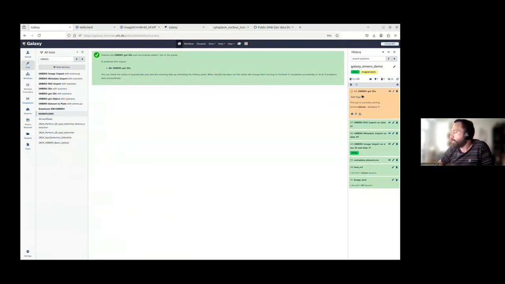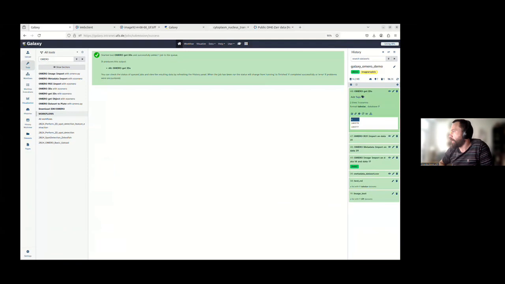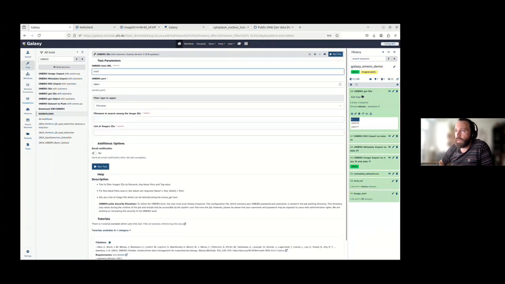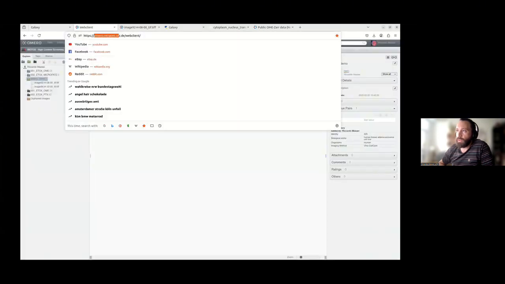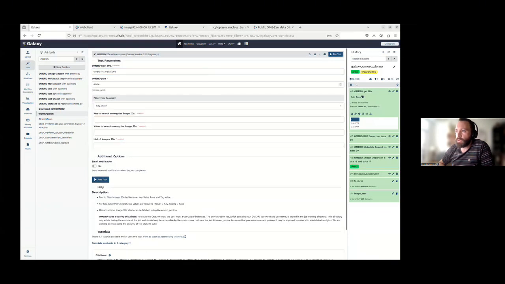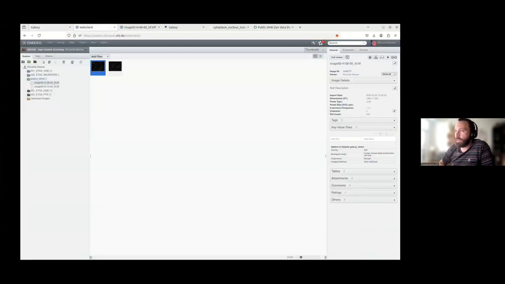It takes a bit of time. And here we have the two IDs of the images that are inside. If I want to go more fine-grained, again, I need to put the Omero URL. This can be automated in a later step. For example, I want to search by key value. For this image, I will add some metadata, some key value.